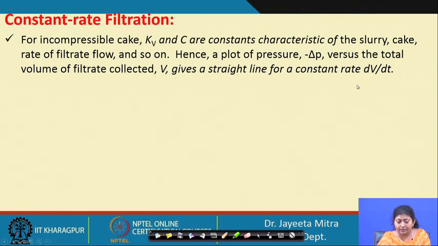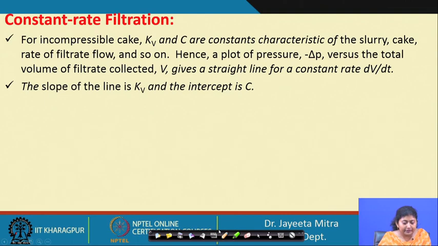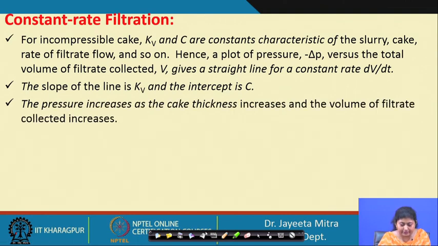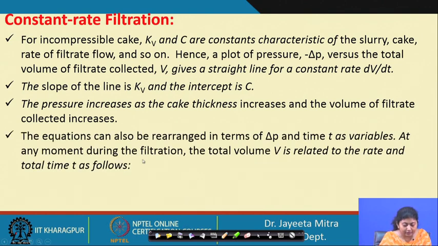Okay. So, for a constant rate, since dV by dt will be fixed, the slope of the line is kV and the intercept is C. The pressure increases as the cake thickness increases, and the volume of the filtrate collected increases. So, with that the pressure will increase, and the equation can also be rearranged in terms of delta P and time t. As we have done for the delta P versus V, we can calculate delta P and t as variable,